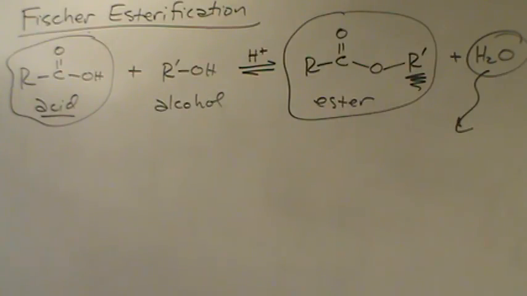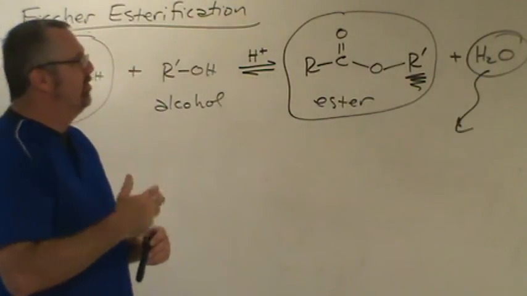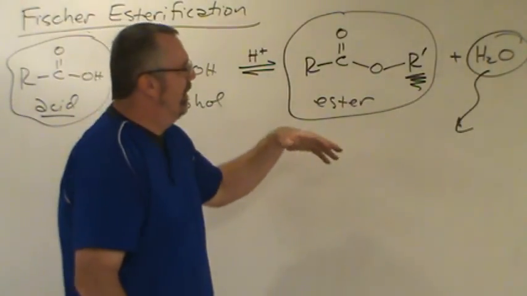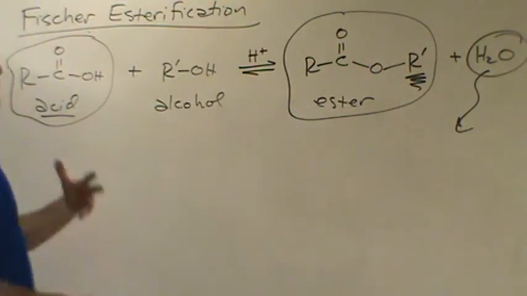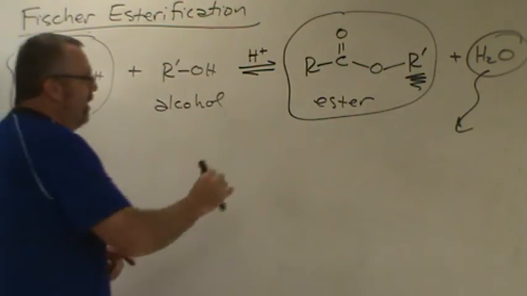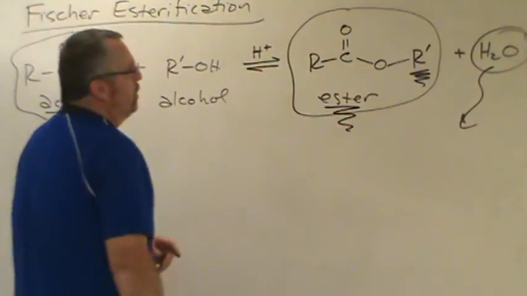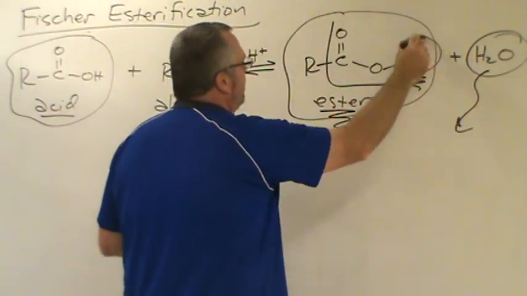Other things, the odors you associate with certain fruits and vegetables, like bananas, the oil in bananas that give bananas their fairly pleasant odor, is in fact an ester. So esters and carboxylic acids, very similar looking but very different set of properties all the way around. Esters, a very, very important functional group in organic chemistry. Get used to looking at this collection of atoms right here, and